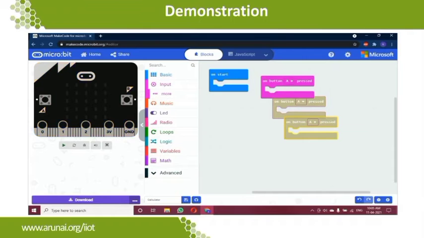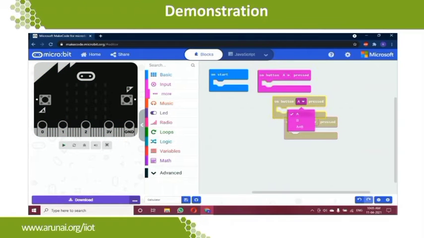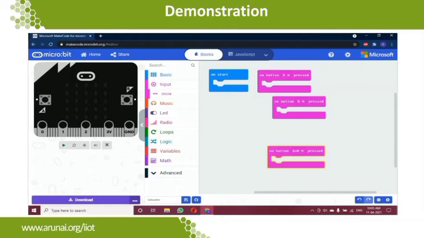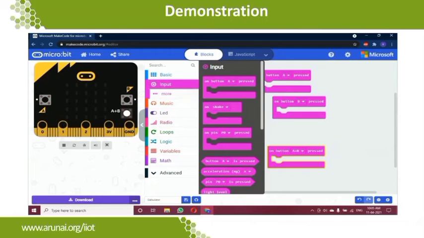We'll need all of them, so I'm duplicating them and changing the variable into A, B and A plus B. So it'll have all the 4 blocks. This is the one where we are going to work with everything. We are going to select specific functions for each of these.